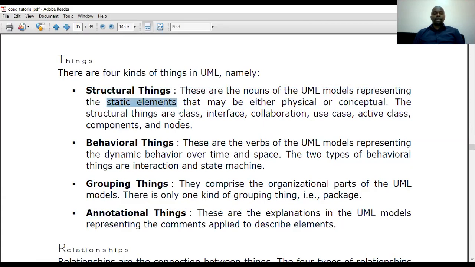The structural things can be a class, an interface, a collaboration, a use case, an active class, a component, a node, an actor. Basically, structural things are those particular things, key things that you represent and name using nouns. All right, for instance,